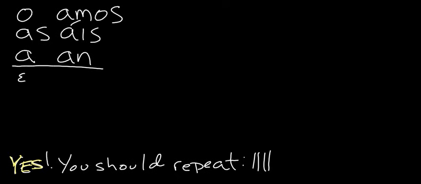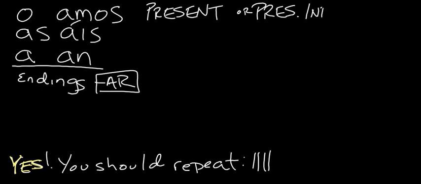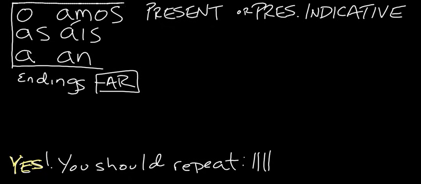Well, these are the endings for some verbs. And what kind of verbs are they? They're AR verbs. And we're going to use these for the present tense. What does all this mean? Well, let me show you a few things. All right, so we've got a box of 6 here. And if that doesn't make sense to you, you probably need to go back and watch one of our other videos.